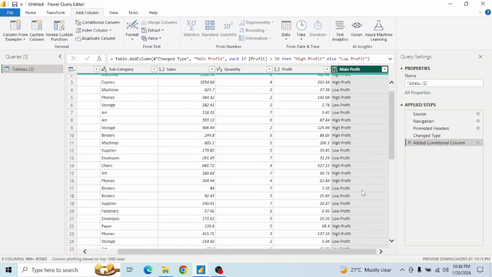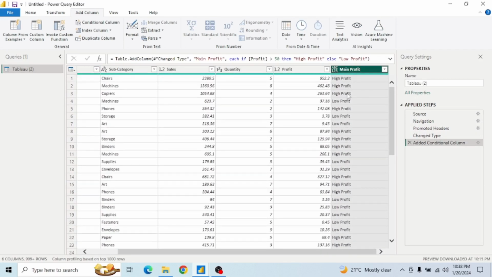Wow, you see that when we click OK, it gives us another column here. Remember, we named this column main profit when we were customizing it. Under this, anything that is above 50 is high profit. So you see that this one, 462, is high profit. This one is low profit, it's 35. This one, 3.78, is low